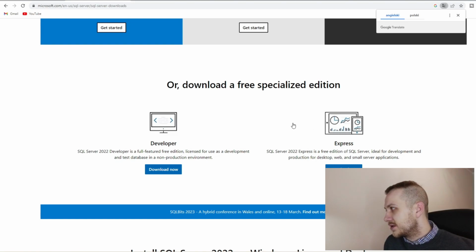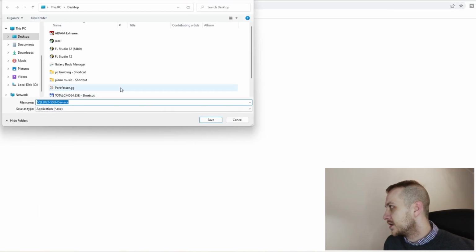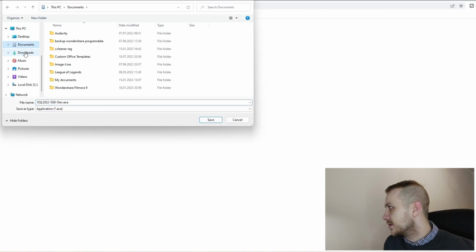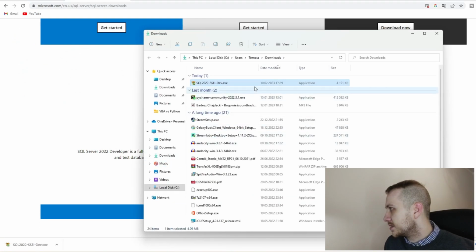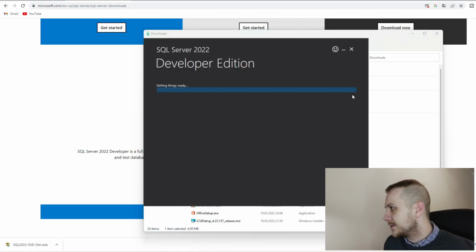So not to cut off the possibilities, we're going to go with the Developer version. So download that. Yeah, just maybe the downloads. Yep, save. And let's see this. Okay, we can go with that. So double click, yes,